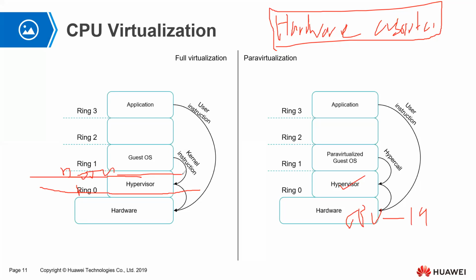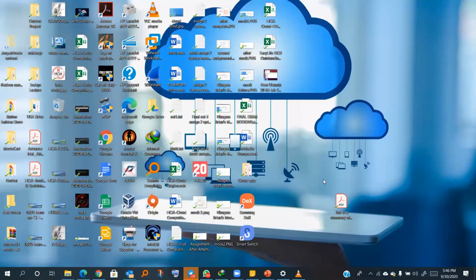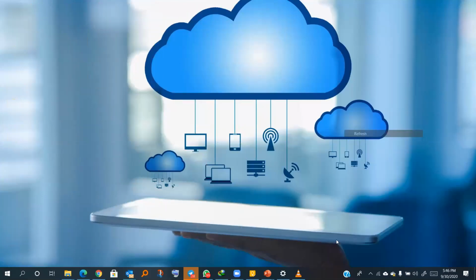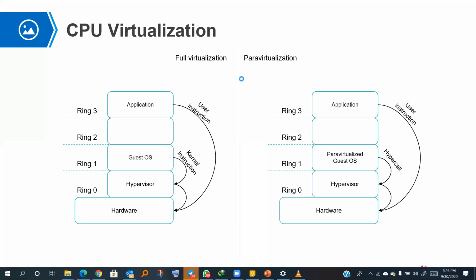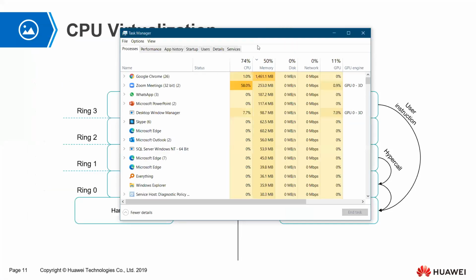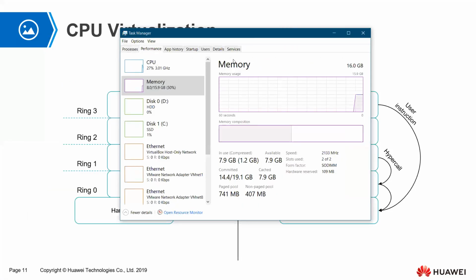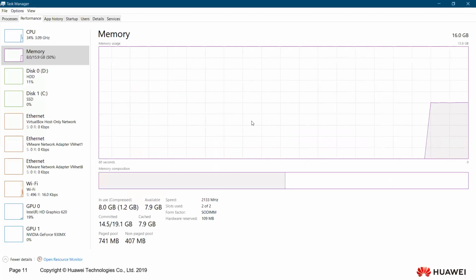And this is what we are calling hardware assisted virtualization. So what they do, they produce CPUs that support or take care of the 19 sensitive cases. For you to be able to know if your computer supports virtualization, let me share my entire screen. You can actually just go to your task manager, or even in your BIOS, and you go to advanced settings, and then you're able to check and see if your computer can support